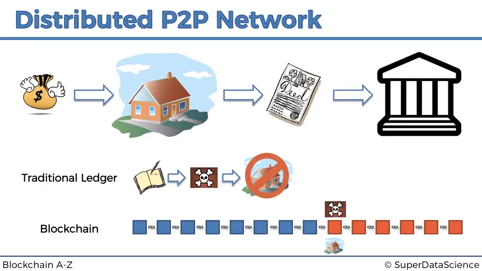We left off last time when we discussed the example of property ledgers, the traditional approach versus the blockchain approach, and how the blockchain can add more protection and make the whole ledger immutable, make it very difficult for somebody to change previous records in the ledger and therefore make it more reliable.